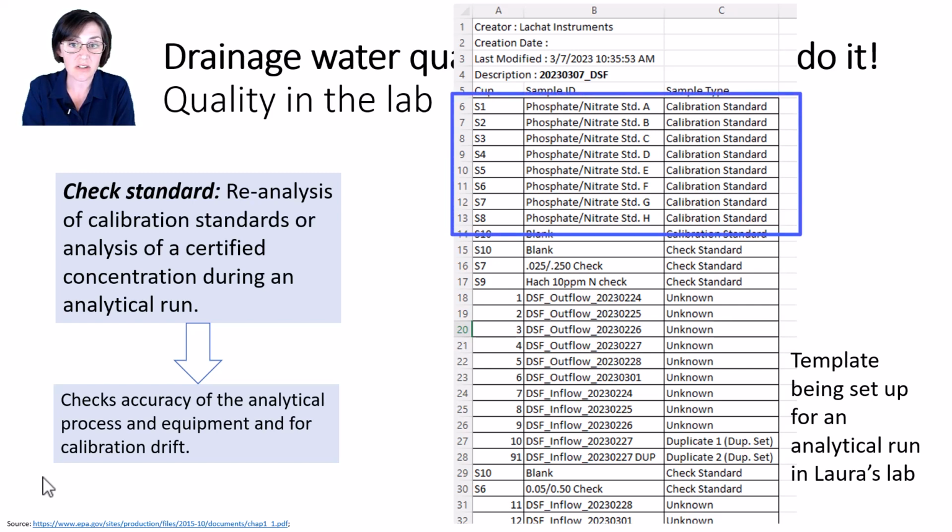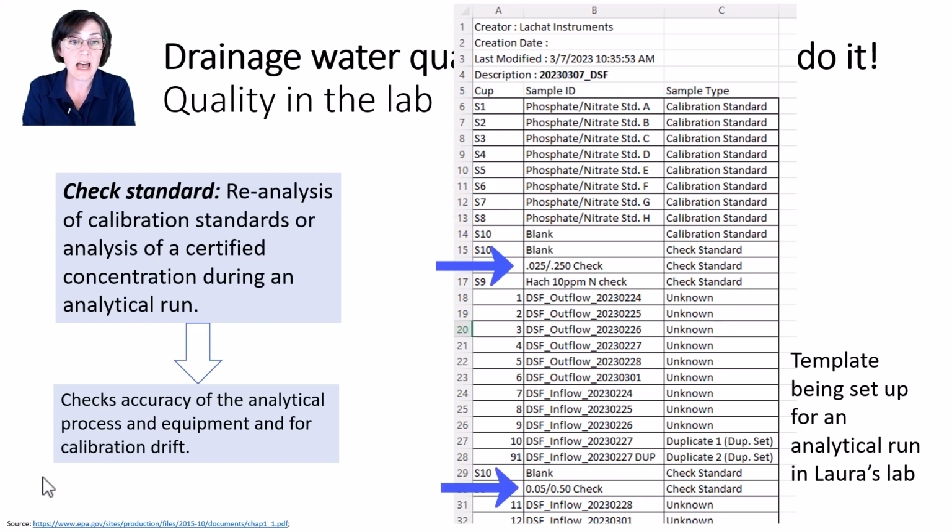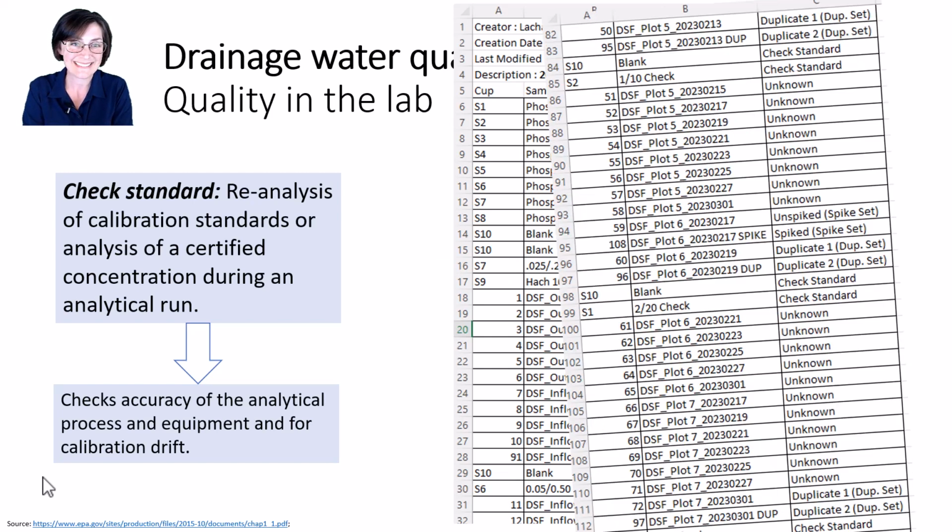Often your check standards are concentrations from your initial calibration curve, which is usually done at the beginning of the run. For example, these top rows were the calibration curve concentrations in this run, and you see those samples repeated as check standards here and here. You can use different check standard concentrations throughout the analysis run to look for equipment drift across all concentrations that you've calibrated for. For example, towards the end of this run, you see higher concentrations being used as the check standards.